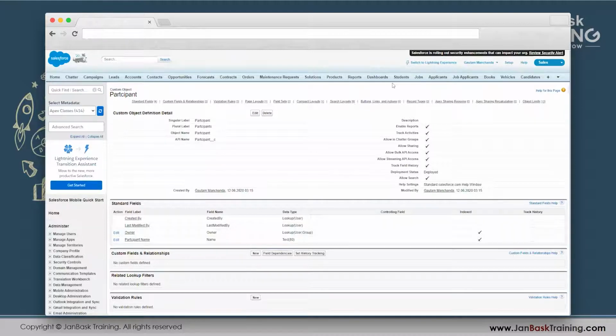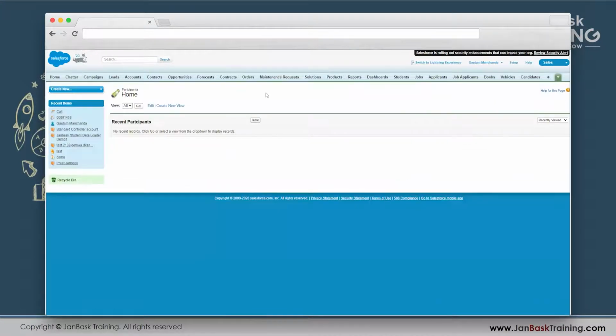And over here, since my UI is very crowded, you do not see it over here, but usually when you will be creating your first object, you will be able to see it on the navigation panel. If the navigation panel is full, there is this drop down that appears, which shows those additional objects. So I have got, you see, participants over here. Since my navigation panel is full, I have got these participants added over here. So I click on participants.